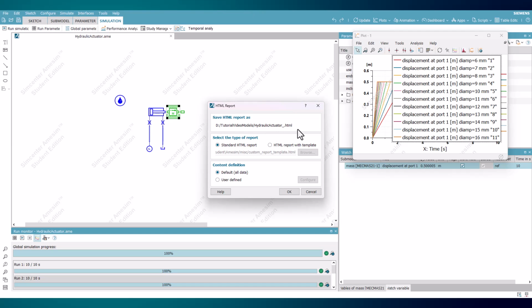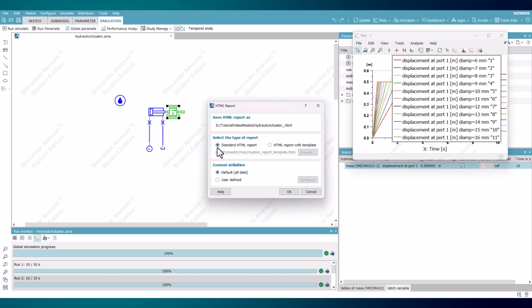The menu that appears begins with a Save HTML Report As subsection, where a default name for the file is displayed, which is within the model with the same name followed by an underscore and then the .html extension. It is recommended to keep this name after creating the HTML report as to not disrupt the link between the model and the document. The second type of report option allows for the user to create the HTML report with the default AimSim template or to indicate a custom template saved elsewhere.